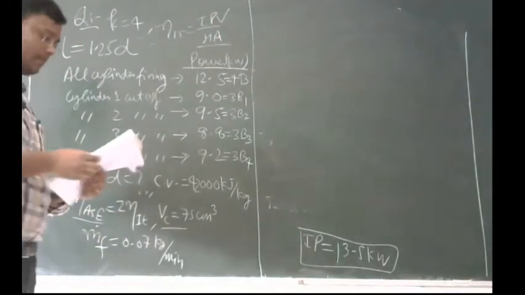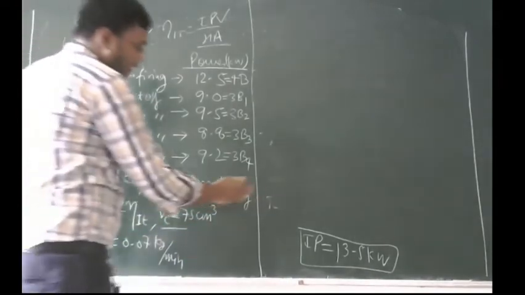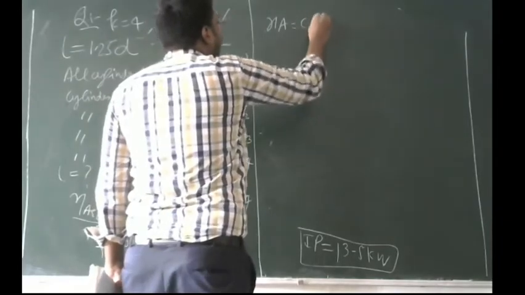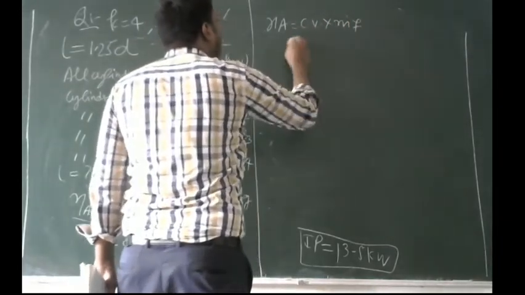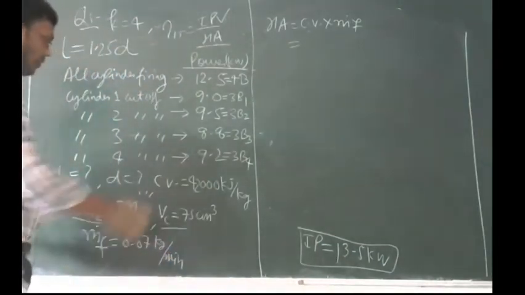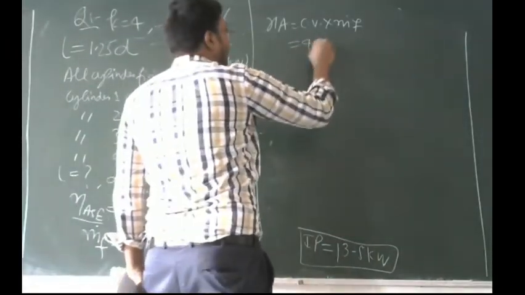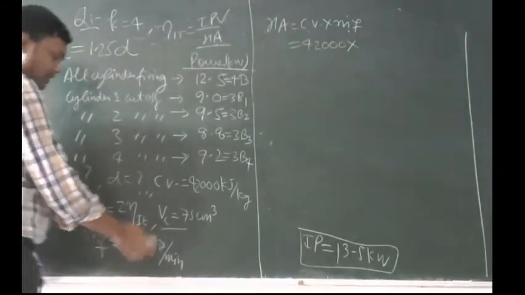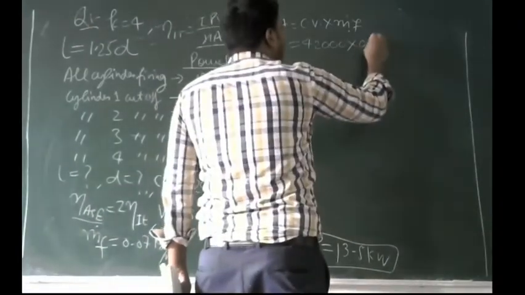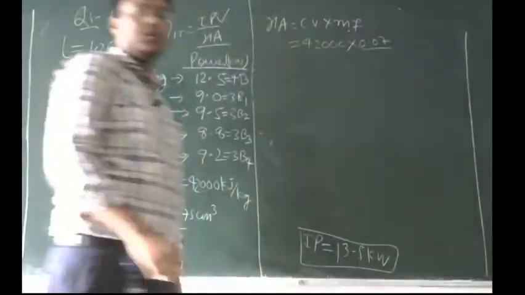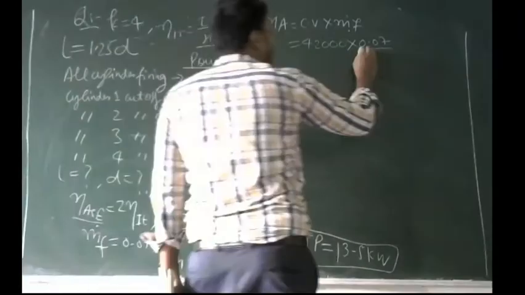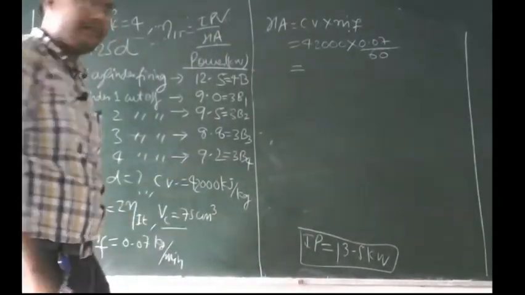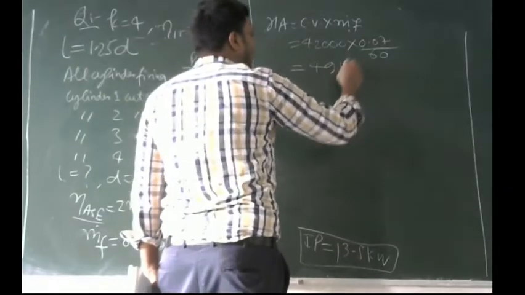Okay. So here now we need heat addition. So we know that heat addition is equal to calorific value into m dot f. Calorific value is given in the question. What is the value of calorific value? 42,000. Okay, into what is the value of m dot f? M dot f is 0.07 kilogram per minute. It is in per minute, but we have to convert this to per second, so divide here by 60. So we get the value equal to 49 kilowatt.